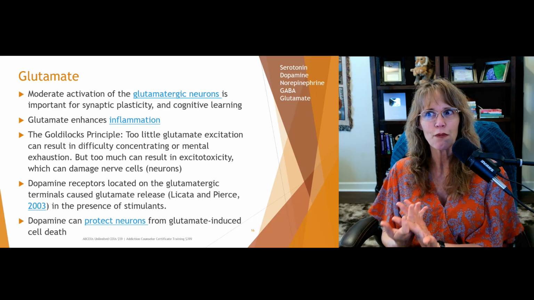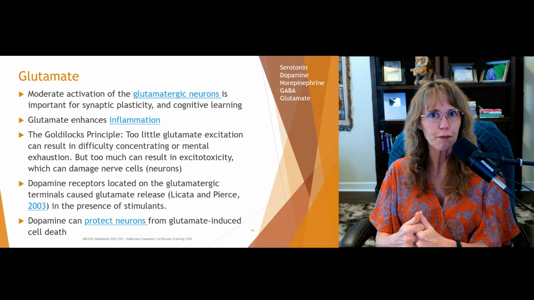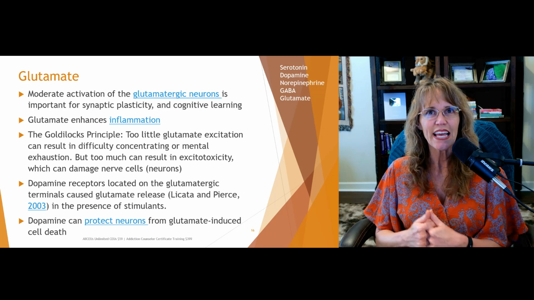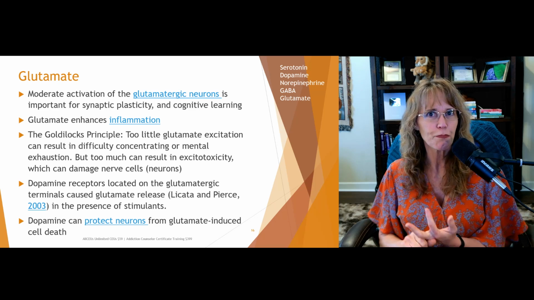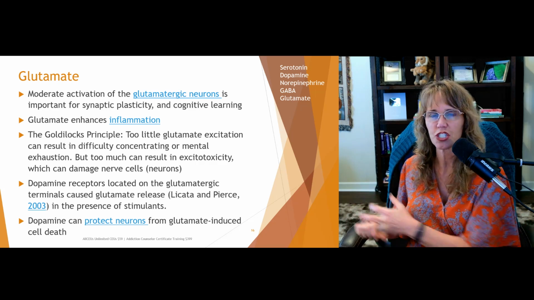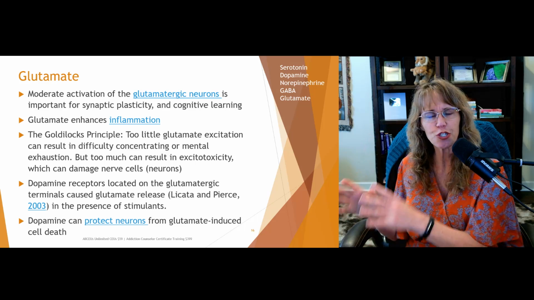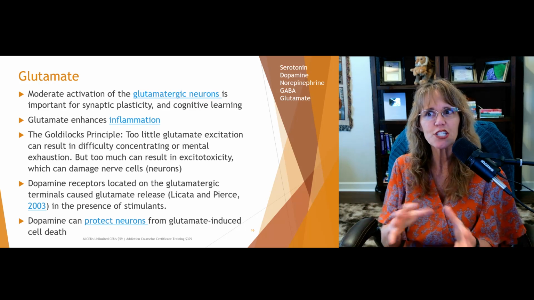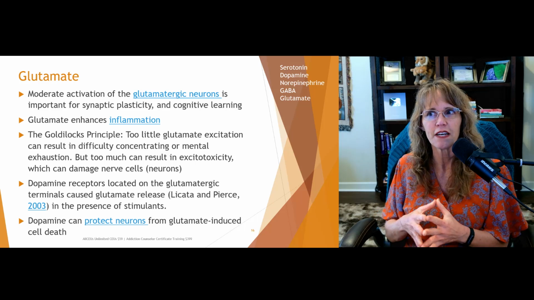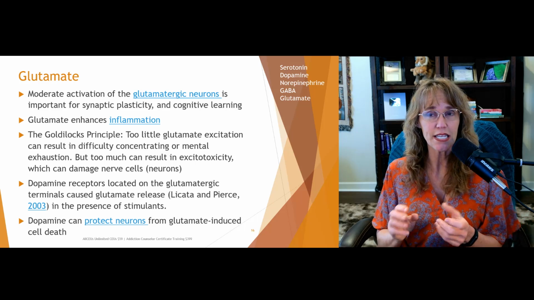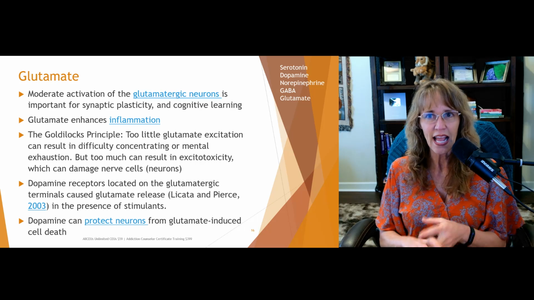Glutamate is sort of the same way. We learn better, and adult learning theory says people are more likely to learn if they are interested and challenged by the material, but not too challenged. If it's too easy, they don't pay attention. They're like, whatever. If it's too hard, they give up. So you want that sweet spot. It's just right, where we have just the right amount of glutamate stimulation to keep you awake and alert and keep that norepinephrine flowing and learn.